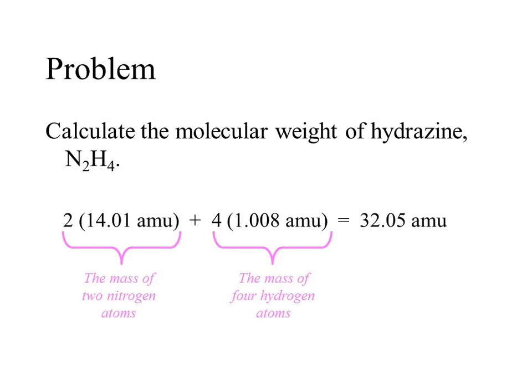So the decimal number for nitrogen is 14.01. Of course, that's atomic mass units, or AMUs. There are 2 of them. Plus, there are 4 hydrogens, 4 times the decimal number for hydrogen, which if you do enough of these, hydrogen's one of those you're going to start to remember, just memorize. The decimal number for hydrogen, 1.008